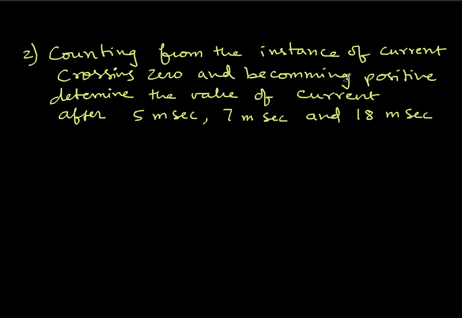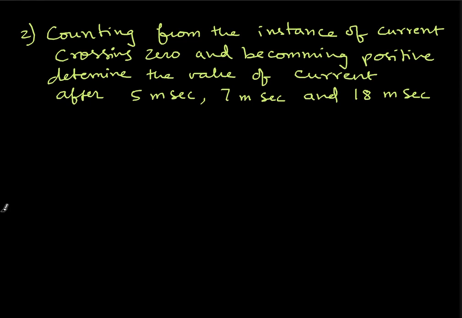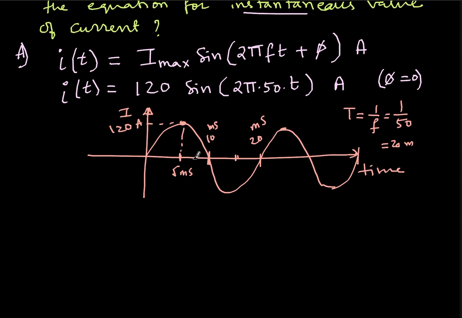If I go down, this is the next question. Counting from the instant of current crossing 0 and becoming positive, determine the value of current after 5 millisecond, 7 millisecond and 18 millisecond. So let's look at that. If I want to answer this question, what is the value of current after 5 millisecond? For this we need to use a calculator. We already have the equation. So if I simply substitute the value of t in the above equation,